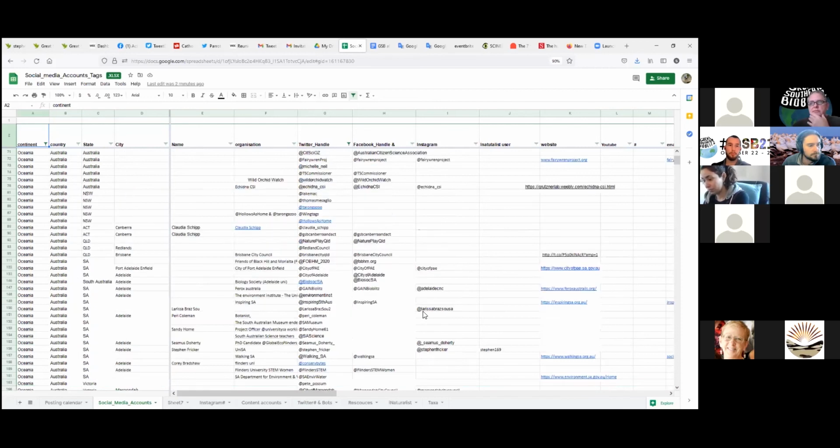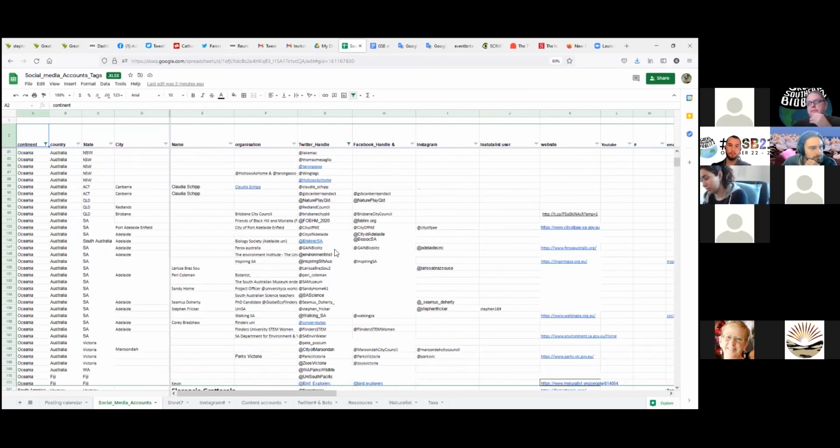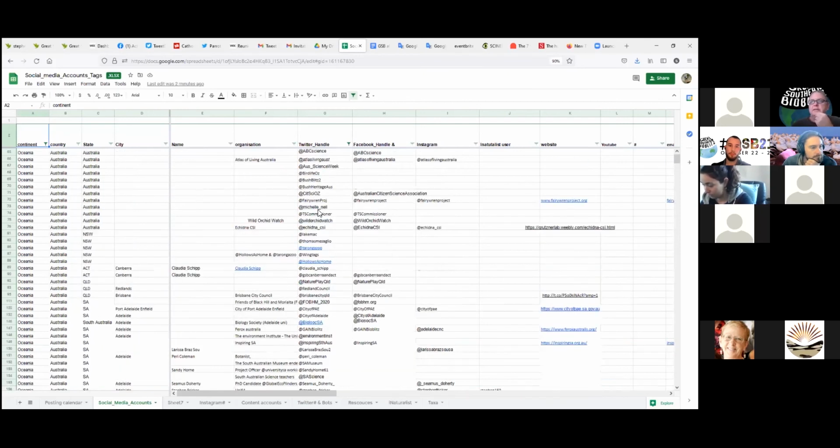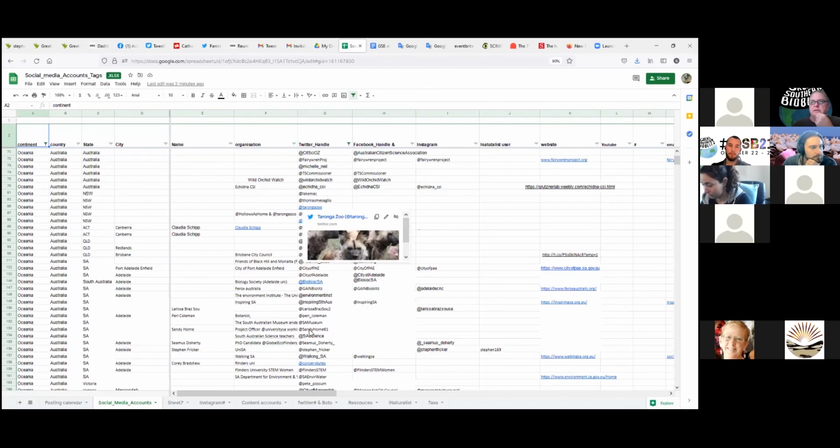I've been using it a lot with engagement in South America and Africa, but I also have a whole lot of Twitter accounts and things that I know. I haven't actually added them to this yet, so I'll need to update that and add a whole bunch of ones that are not included.